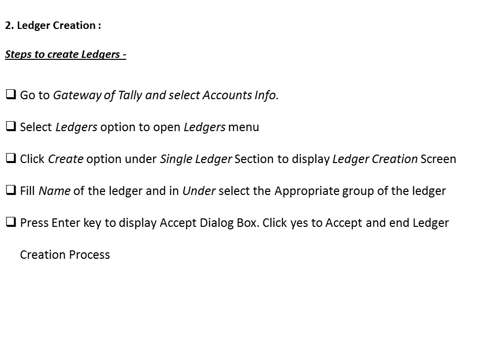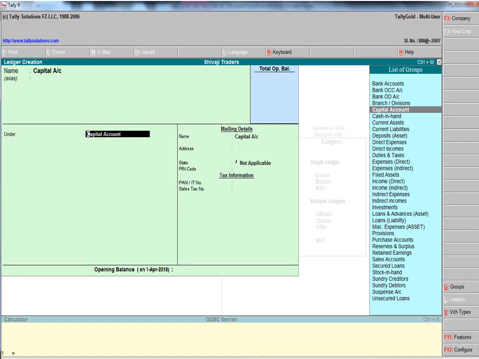Fill in the name of the ledger and select the appropriate group of the ledger. Press the enter key to display the accept dialog box. Click yes to accept and end the ledger creation process. I am going to show the same thing on the screen. Here this is ledger creation, and you have to fill in the name.